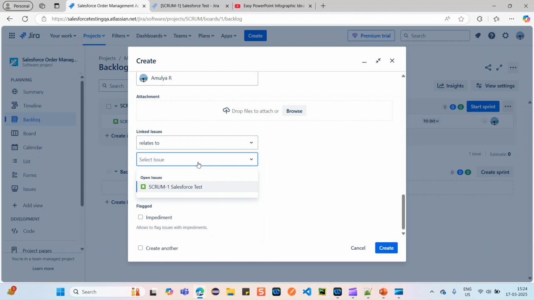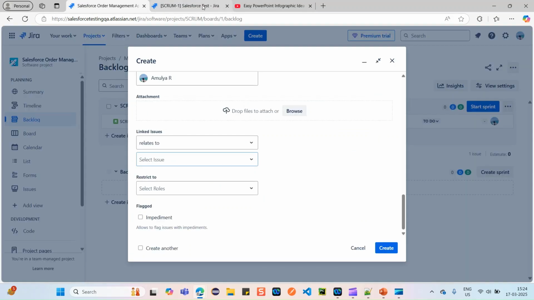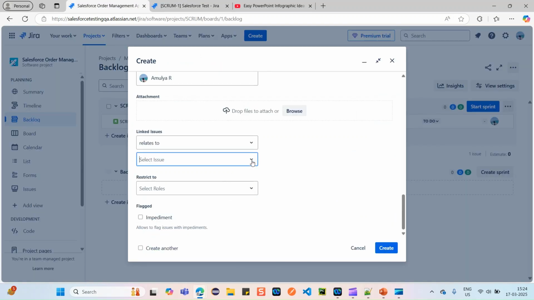You can see automatically I'm able to view one user story because here I have created a dummy user story. In real time, you can link your actual user story. You can simply search with the user story number and link that user story here.